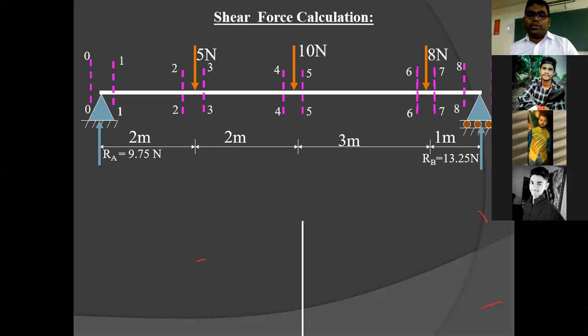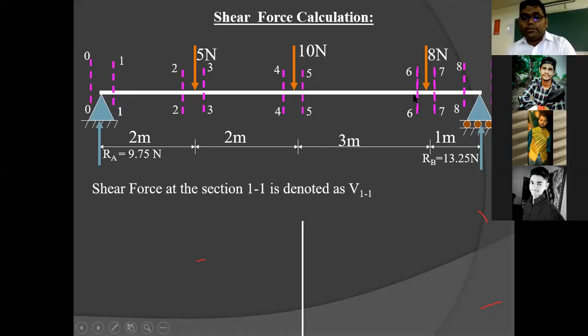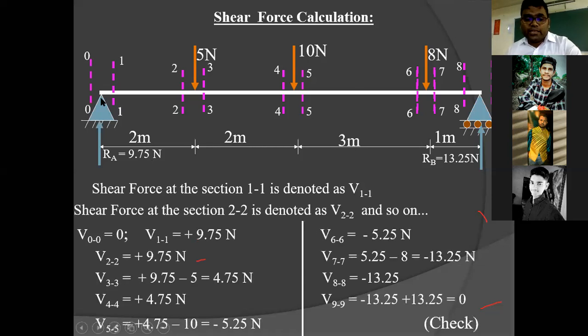So here 0 0 is taken before the load, and after the load 1 1, before the load is 2 2, and 3 3 after the load, and like this it reaches up to 9 9. Okay, you might have understood. Then try to find the shear force. So my dear student, what is the shear force? Where will we find the shear force? At this 1 1 location, how much will the shear force be? See, at V00 no force is acting, so it is 0. V we denote as shear force, and V11 means how much load is coming inside this 1 1?